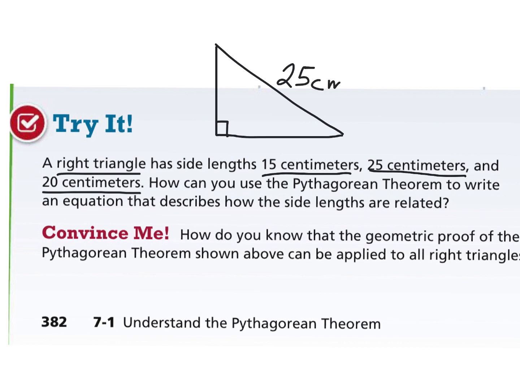That would be our hypotenuse. The reason the hypotenuse is the longest side is that it's across from the 90-degree angle. We've got 180 degrees total in a triangle, so if you have 90 degrees, you've only got 90 degrees left for the other two angles. And what happens is that 25